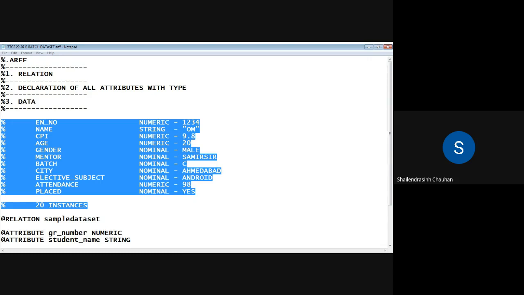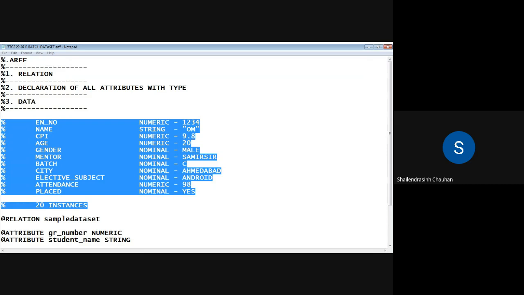And you need to complete that before the next lab, because in the next lab, using the same data set, we are going to perform pre-processing operations using Weka. Pre-processing based practical we are going to perform on the same data set. That is why I'm asking you to complete it before the next lab. Otherwise, in the next lab you will not have any common data set to perform on.